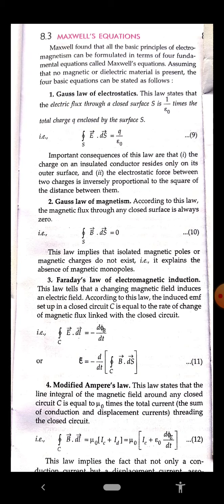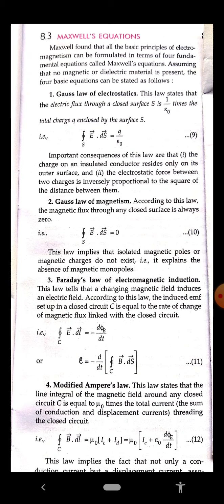From this equation, we are able to find that the charge on an insulated conductor resides only on its outer surface. It does not enter within the surface of the conductor. And the second important conclusion is that the electrostatic force between two charges is inversely proportional to the square of the distance between them. Now move to the second Maxwell equation,